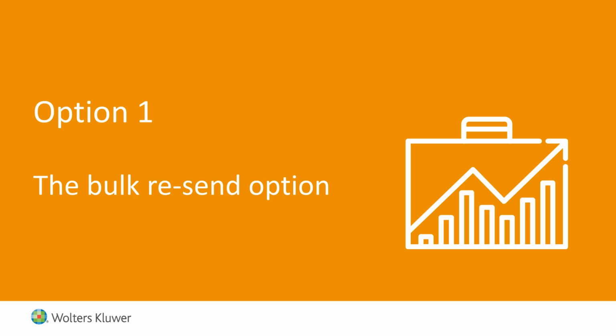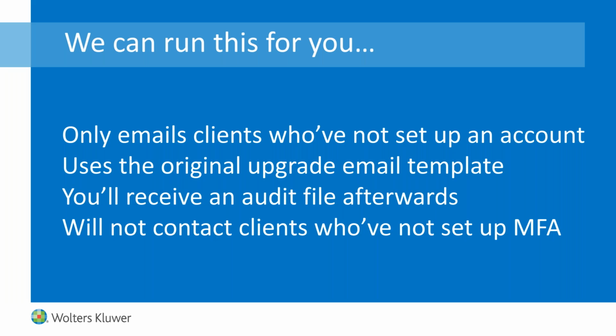So if we talk about option one, first of all, the bulk resend option, as I said, this is something that we can run for you from this end. And some of the highlights of this process. So this will only email those clients who've not yet set up their Wolters Kluwer account, so the more secure account. So this will be anybody who has effectively not actioned the upgrade email that they were sent when you were upgraded,